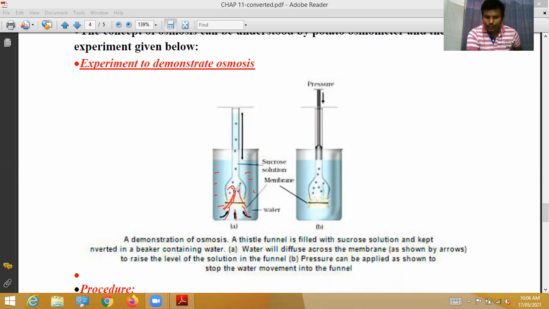So when water slowly enters through the egg membrane, this is the membrane, automatically the sucrose solution level is raised up to this. So this indicates the osmosis experiment. Okay. Next here,